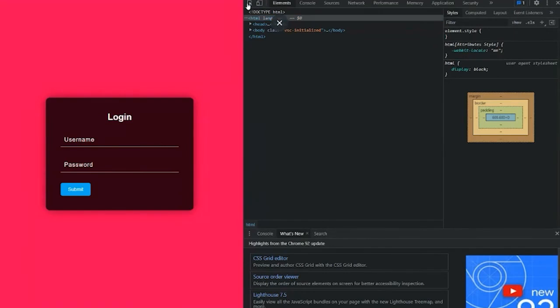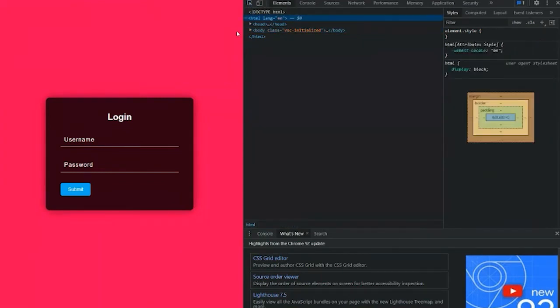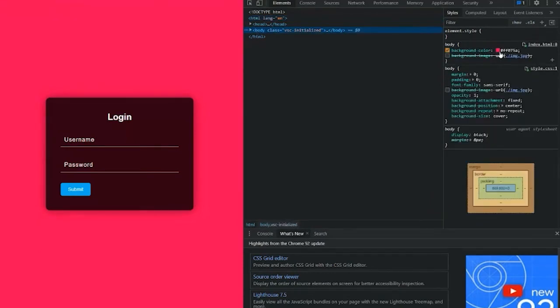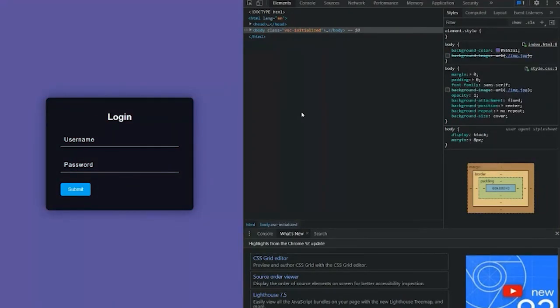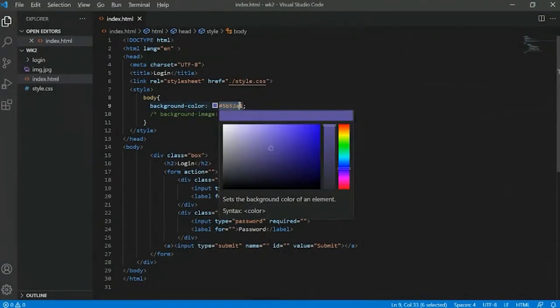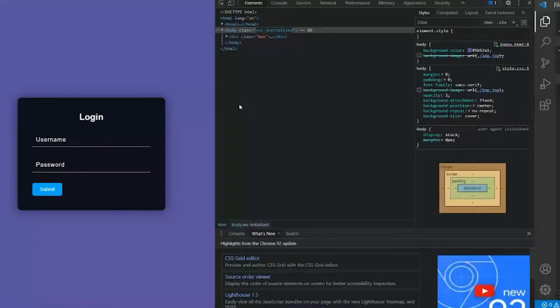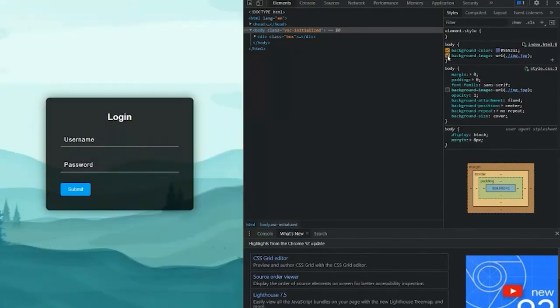Then for example, if you want to change the color code for the background of the body tag, you can just select the body tag, or use this icon here and select the body tag. It is selecting HTML actually. Then change the color from here. Whatever changes you make will be permanent, and if you reload, they won't go. You can see that it has changed here also. That change is reflected here also. So this is a very simple way, and you can toggle styles from here and see what the effect is.